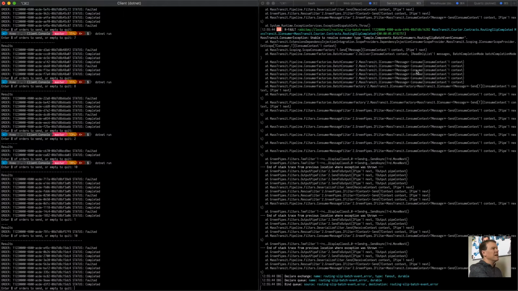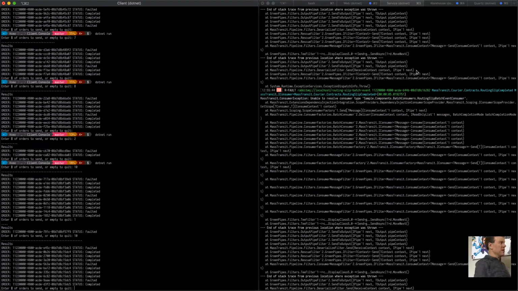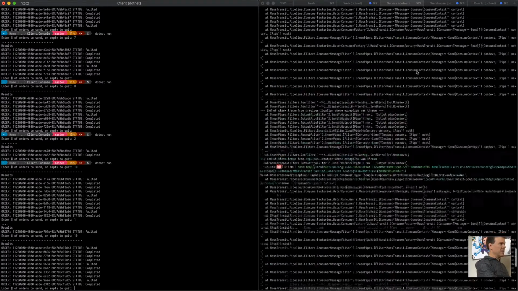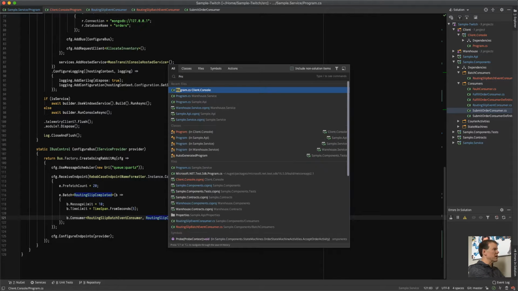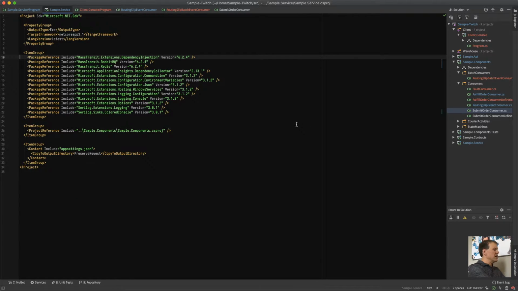One of the questions in the chat is about the MassTransit logger. At the beginning, and for those that joined late, I added SeriLog as the console output. I used the SeriLog colored console output to replace the standard extensions logging console output, so that it's a lot cleaner to see. It's so much nicer. If we go to Program.cs in the service,